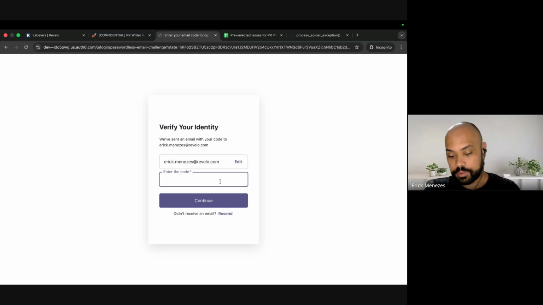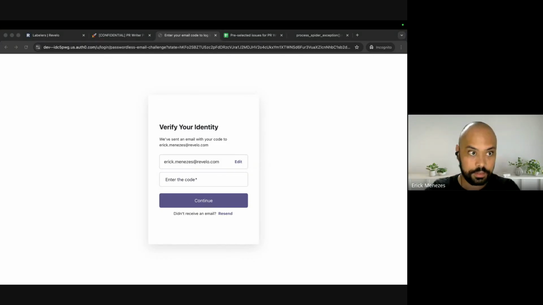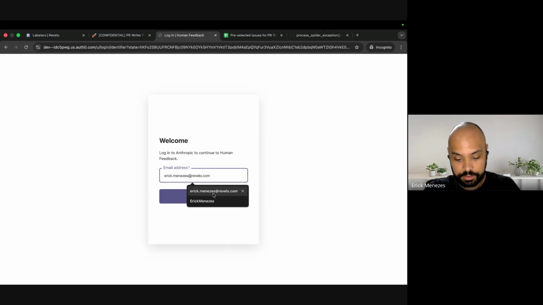What happens is that Anthropic will send a code to your email. Let me get this code here in another screen. One important note: this code does not always work at first. If that happens, just try to log in again. It's not a problem. You see, that happened.